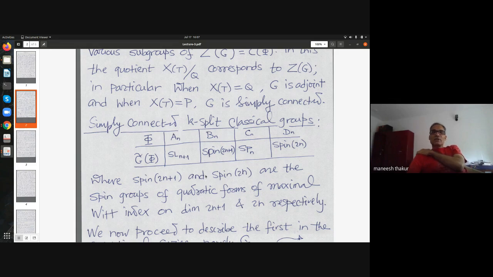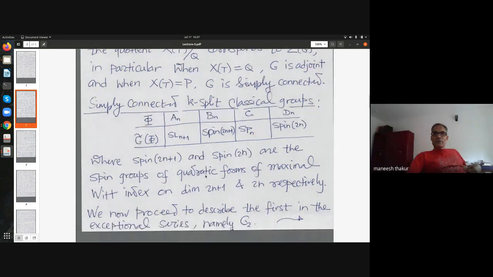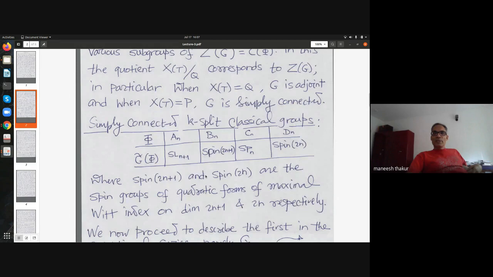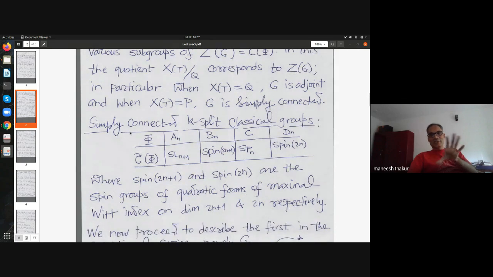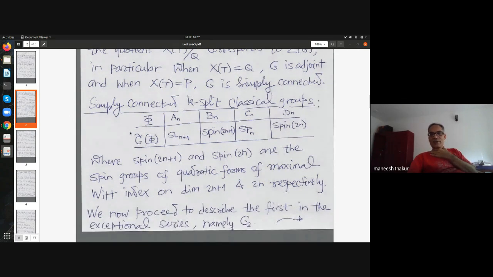And when you say for simple or semi-simple groups, let's say G1 and G2, we say G1 is a covering of G2 if you have a surjective morphism from G1 to G2. That's all, for semi-simple groups. So that is the notion of covering here. In that sense, you get something simply connected. And as I said, the fundamental group here is P mod Q. That actually corresponds to the usual notion of fundamental group for a Lie group. So I don't want to discuss that right now.